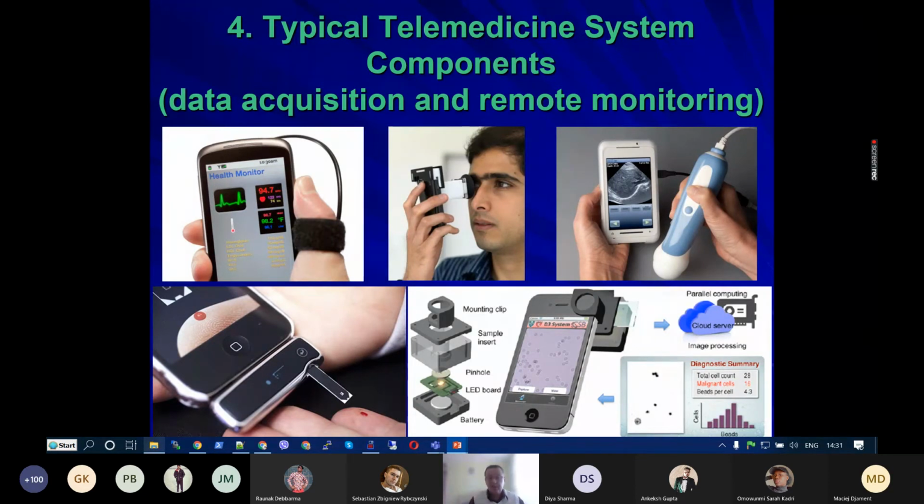It's like a portable ultrasound machine, available on the market for 10 years. Then there are various solutions to measure ECG. Typically, they look like wristbands or so, which can be connected to a smartphone via Bluetooth, and we can